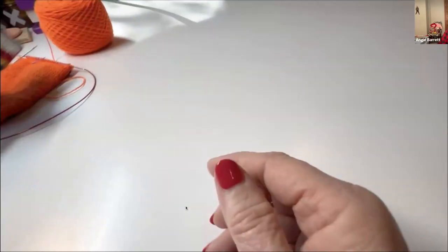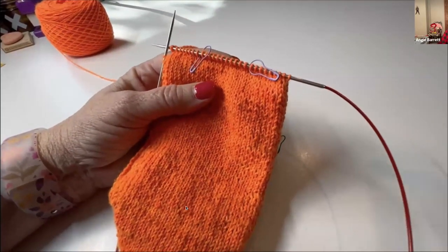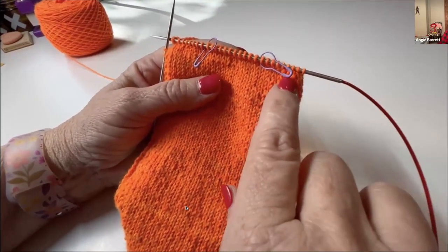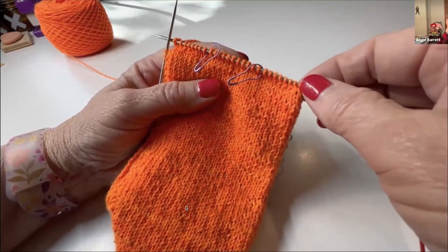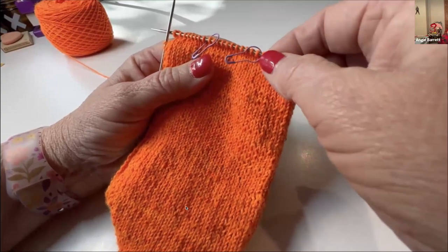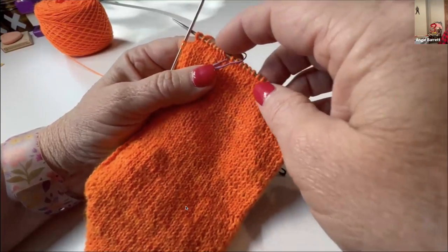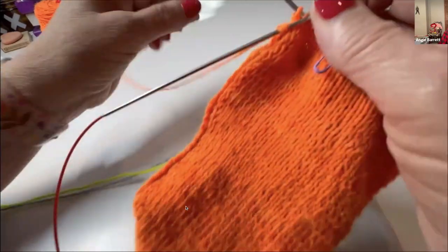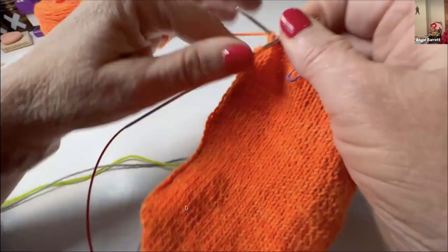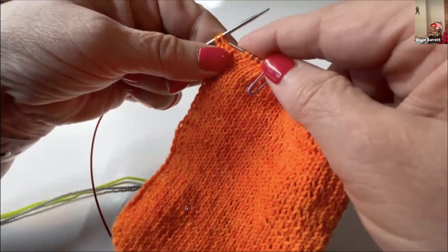So for heel row shaping 1, I am ready. I have worked row 1, which is a right side row. I slipped, and then for my size, I knit 8. Then I knit 11 to have the in between, and then I knit to the last 2 stitches, which I have done here. And then I would do my typical lifted short row that you just saw in the